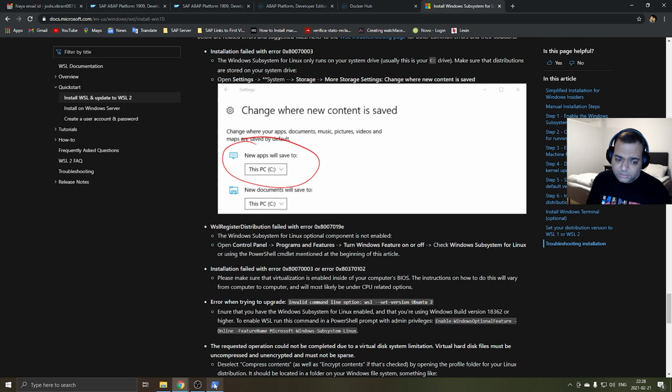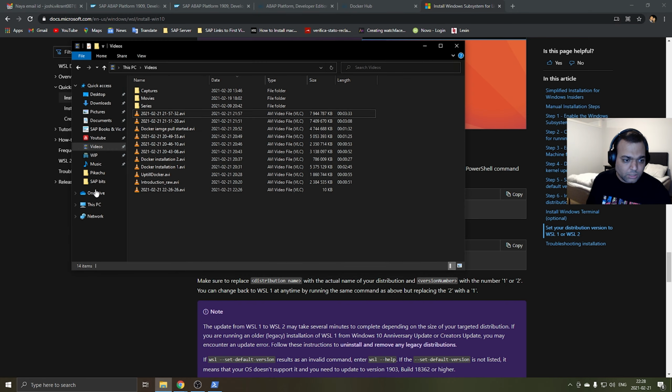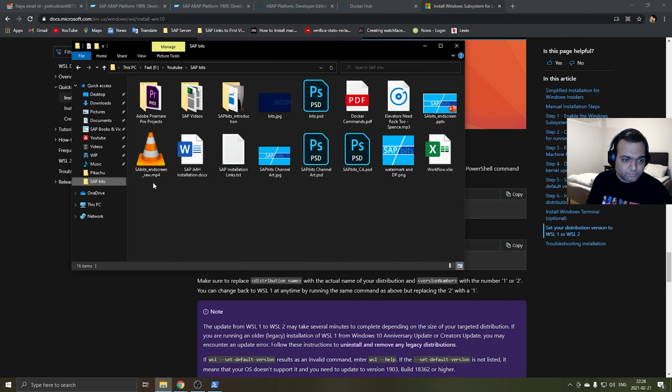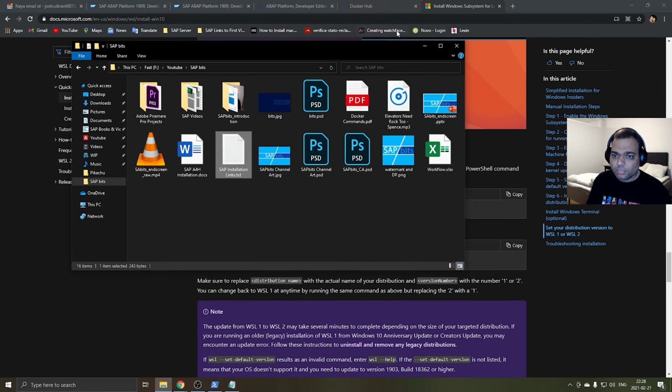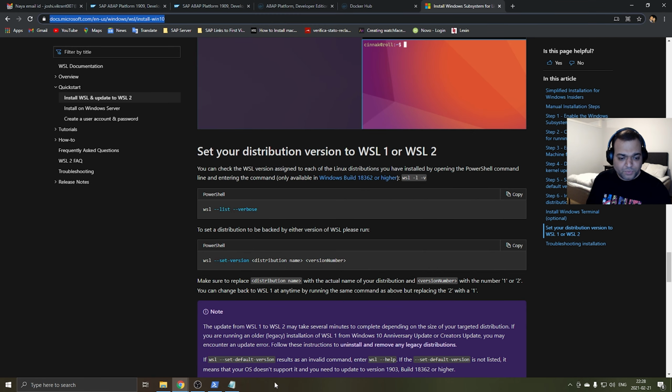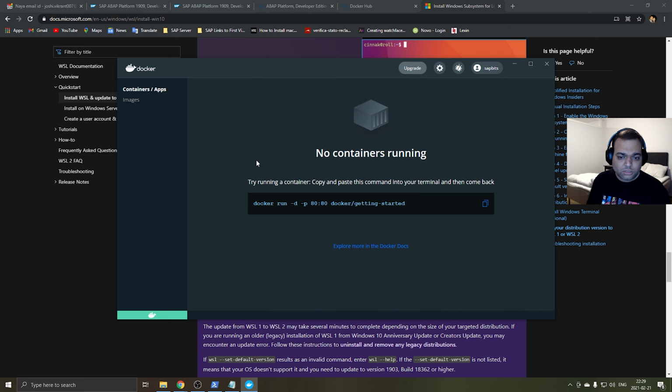And now we can again start with the Docker part. So I'll just close this link, but first I will save this link for your reference in the file. Yep. And now let's start the Docker. So normally if you go to the Docker and this is running, it's green, we are logged in. So now let's pull the file basically.